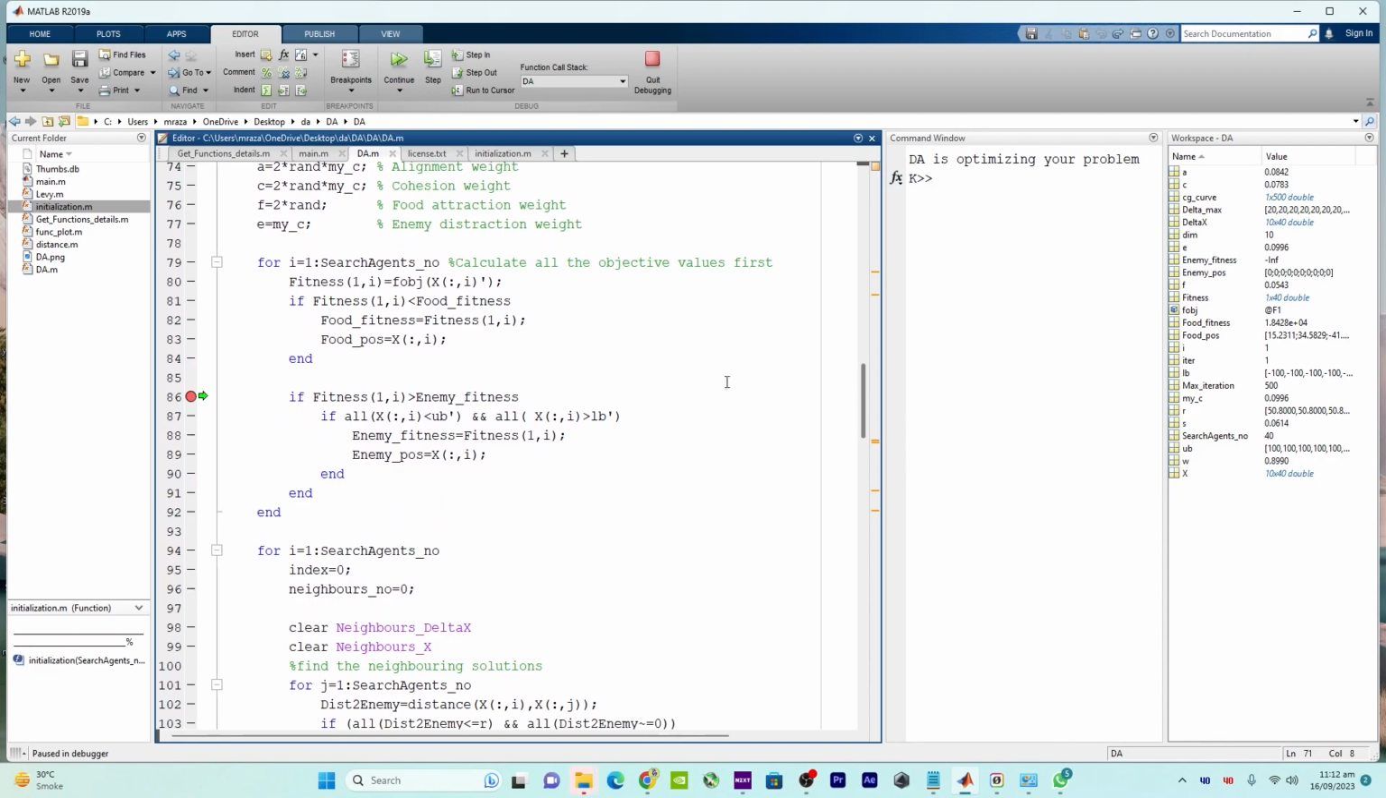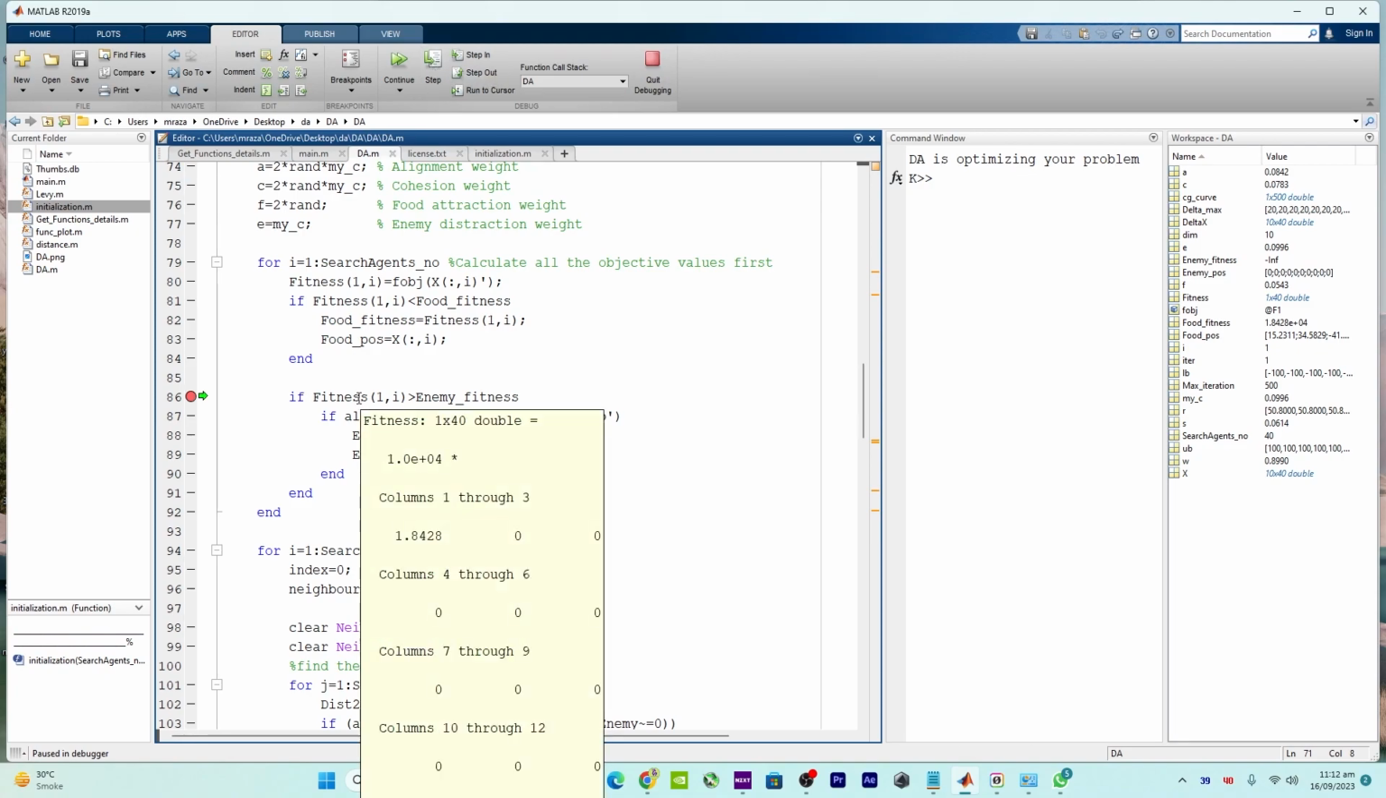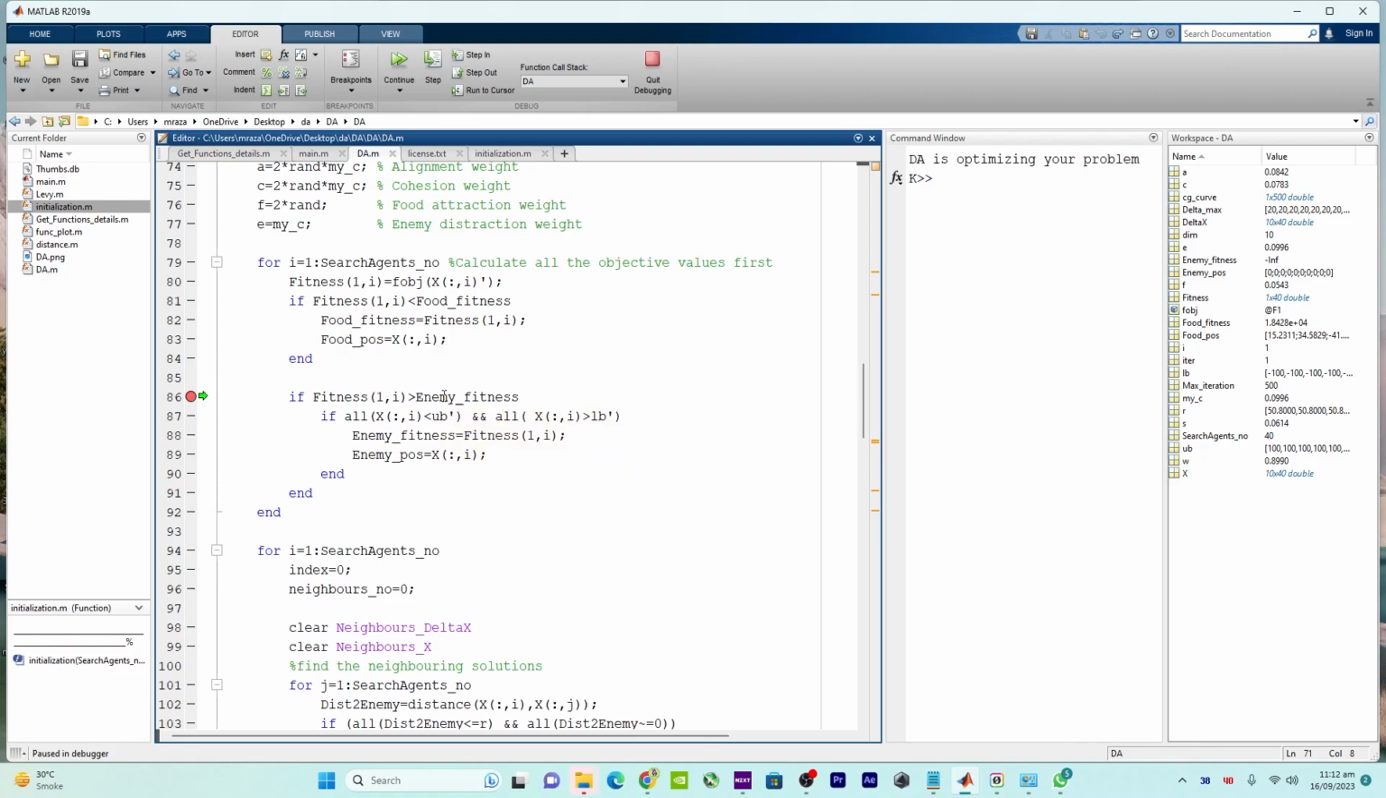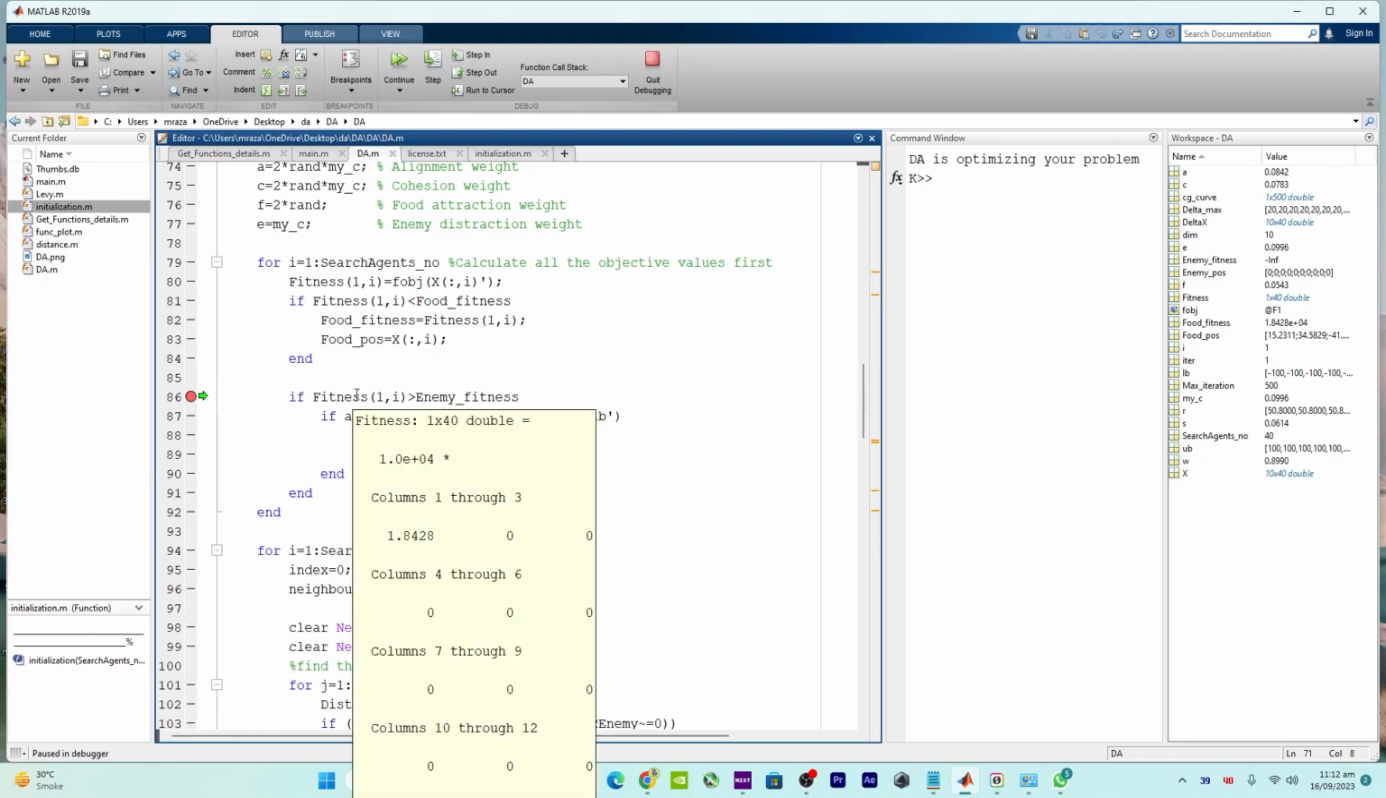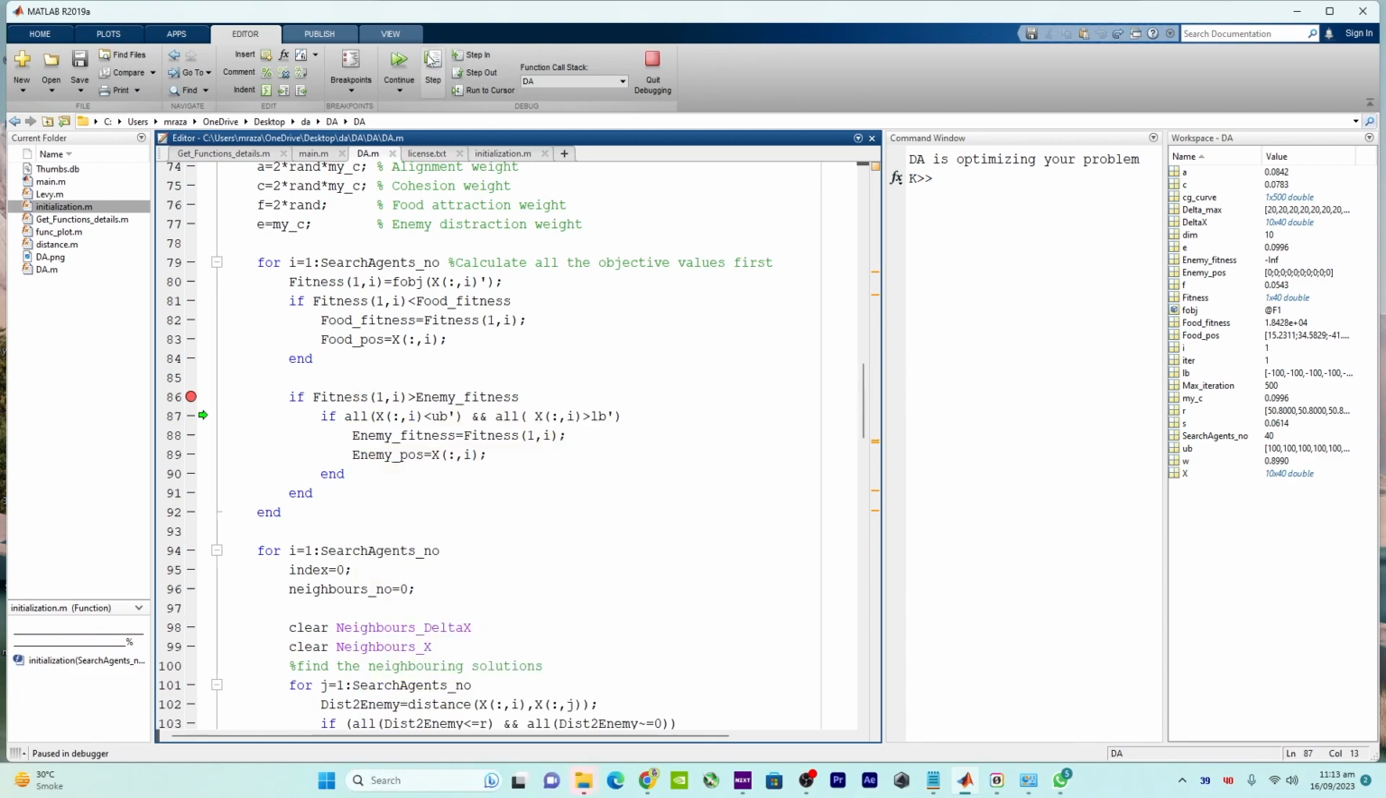Now there is some calculation for the enemy fitness, and in enemy fitness, let me click on step. If our fitness is greater than the enemy fitness, which is minus infinite, this converts and will be true. And this is the AND case, meaning this part should be true and this part should also be true. So if both parts are true, then we will get into this loop. So all, and